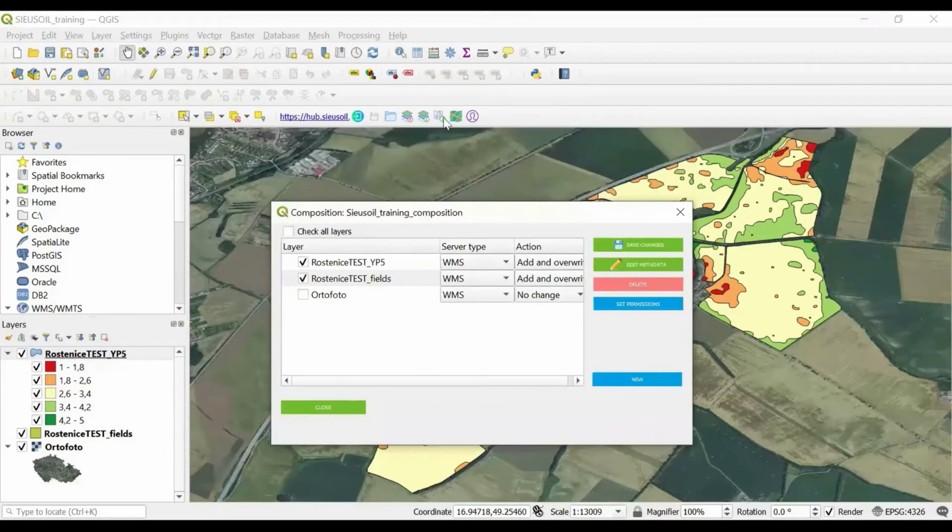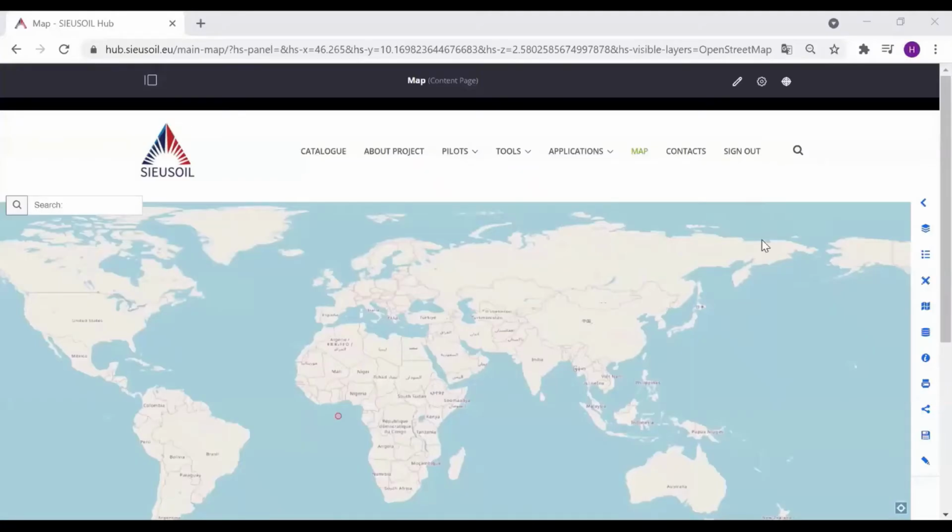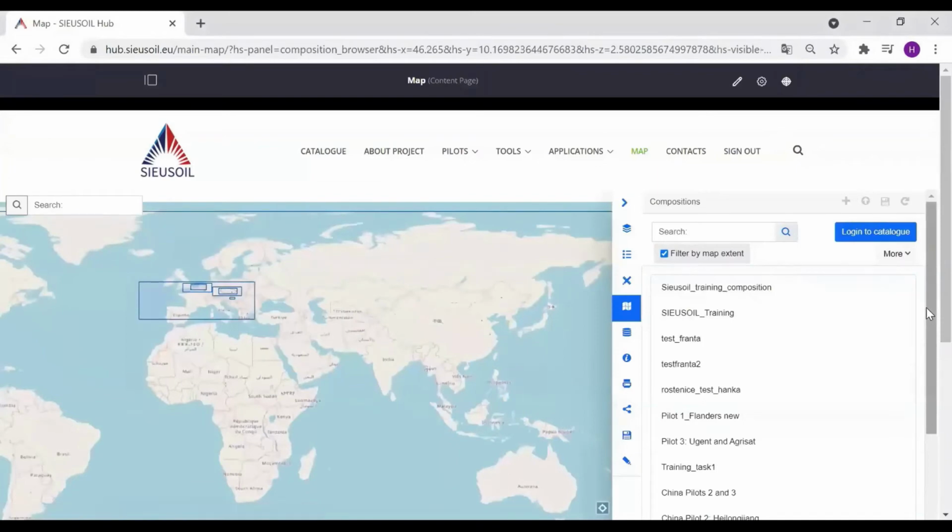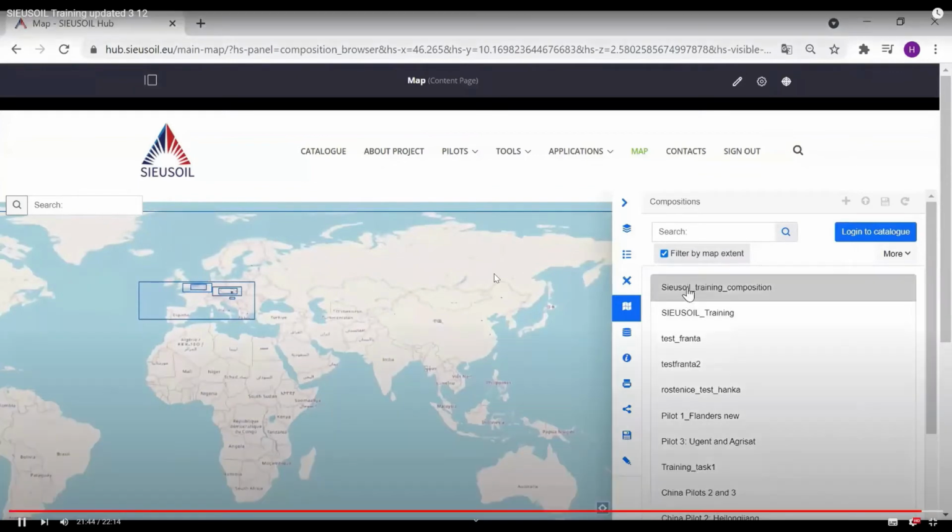As you can see, all layers have been imported into the map composition. Now the very last thing that remains is to check whether the map composition has been successfully uploaded to the server. So I will click on the Map Composition button. As you can see, the SIEUSOIL training composition is available in the list of compositions.